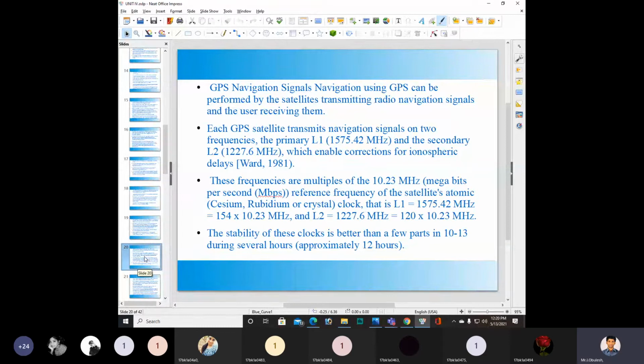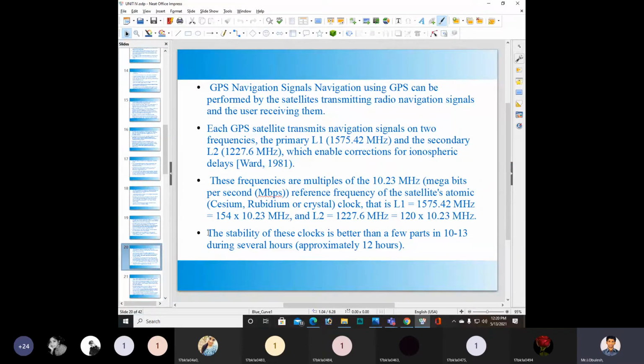For ionospheric delay correction, we need to use these 2 carrier signals, the primary and secondary frequency signals.